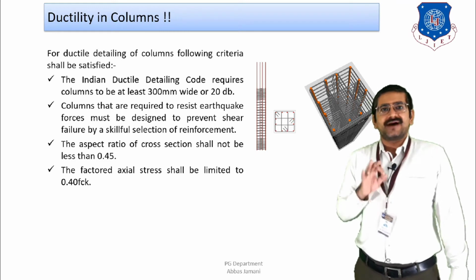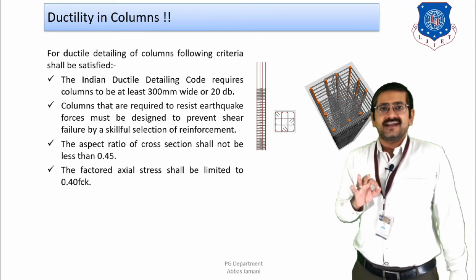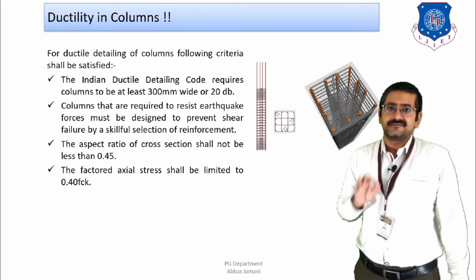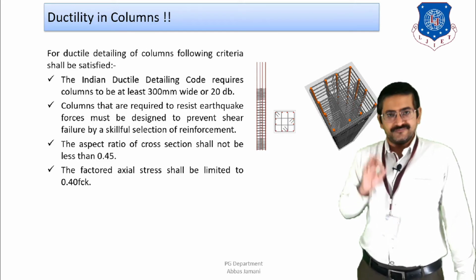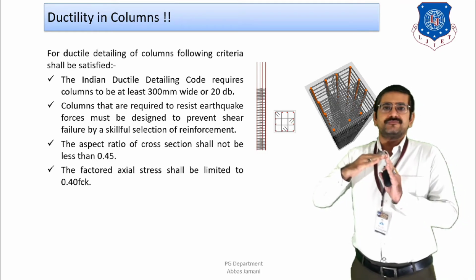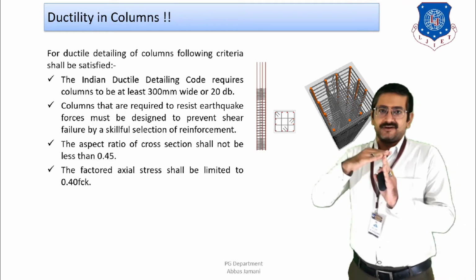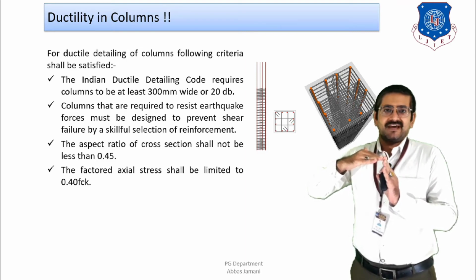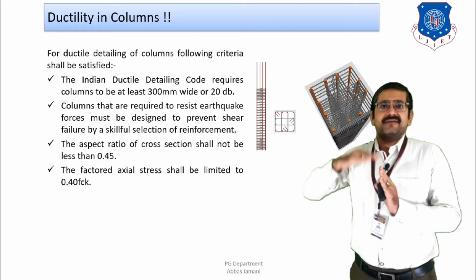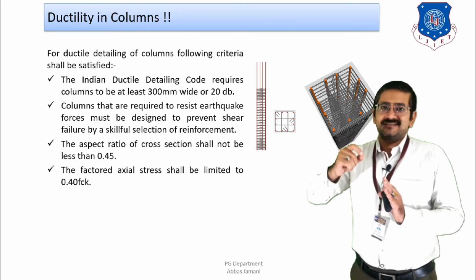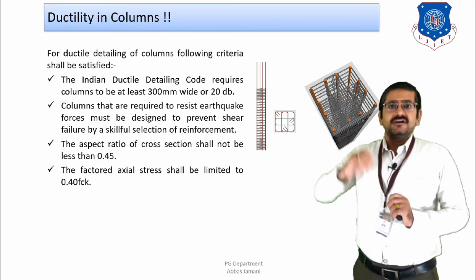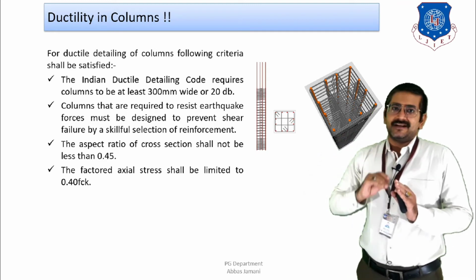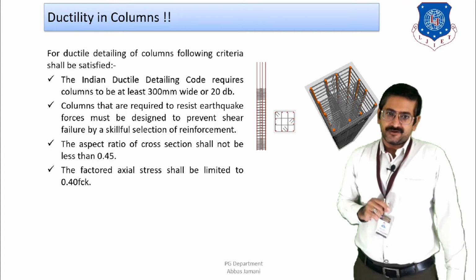When you are talking about the bar diameter, then 20 times bar diameter, that is, the bar diameter is equal to the largest reinforcing bar that is provided in the beams. That is, if you are going to talk about a beam-column junction, then this is my beam, this is my column. So whatever reinforcement I have provided in the beam, for example, I have provided 3 20 mm diameter bars at bottom and 3 16 mm diameter bars at top. So 20 mm is the largest bar diameter that is provided in the beam. So my column size has to be minimum 20 into 20, that is 400 mm. That is the criterion that is given by IS 13920.